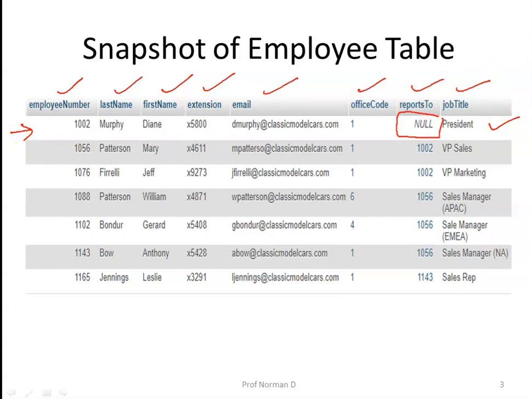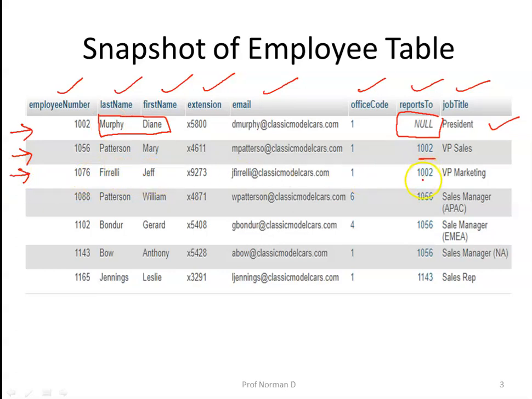We move on to the next tuple. We look at employee number 1056, that is Patterson Mary. To whom does Patterson Mary report? Patterson Mary reports to 1002, and 1002 is Murphy Diane. We move on to the next tuple 1076, that is Jeff.